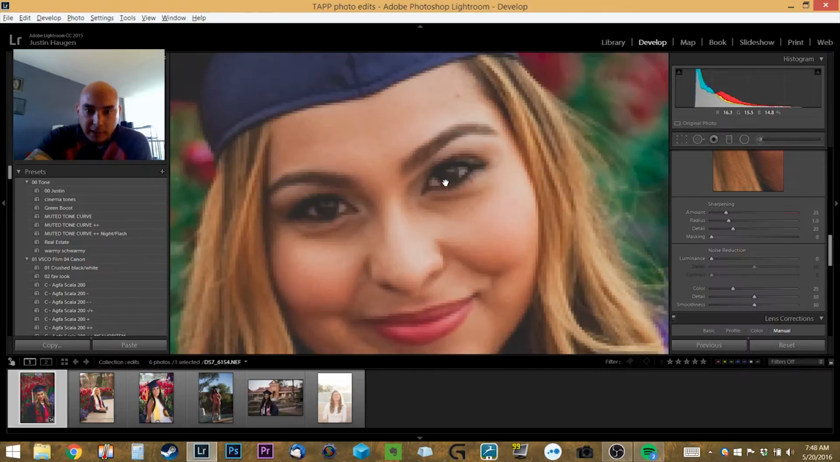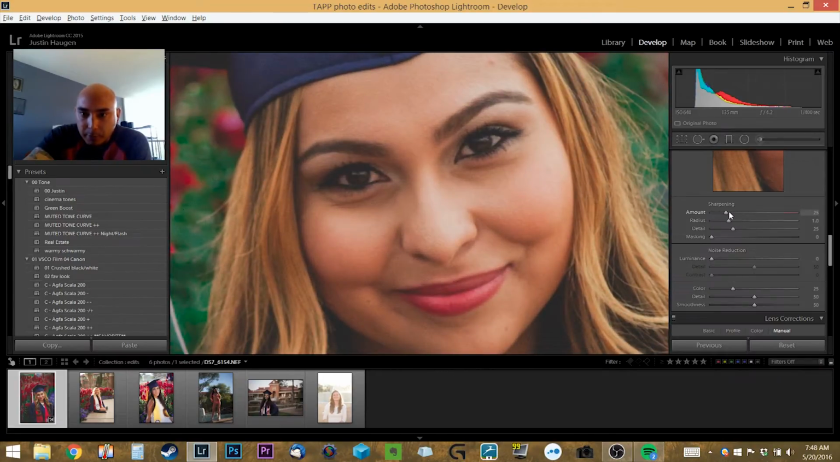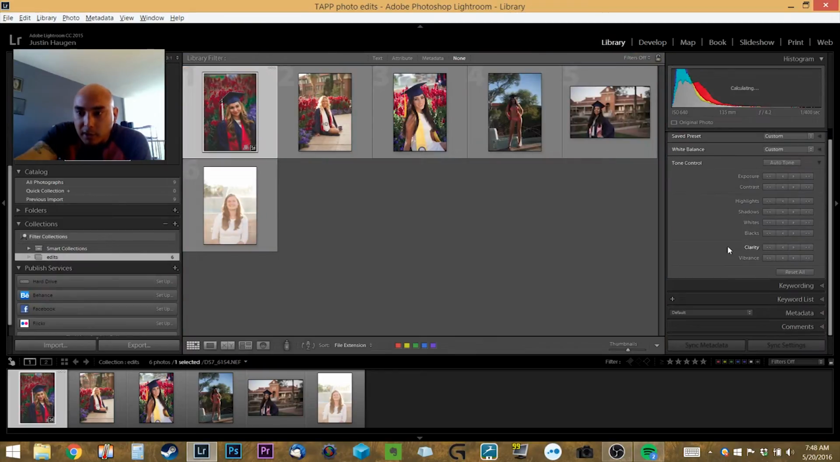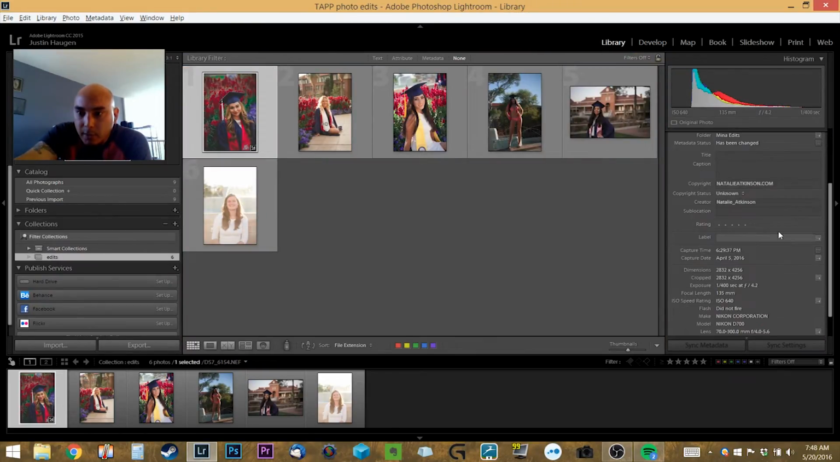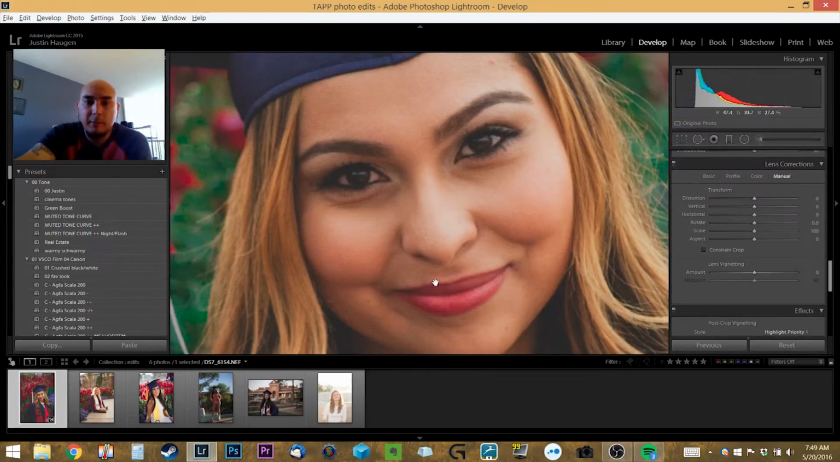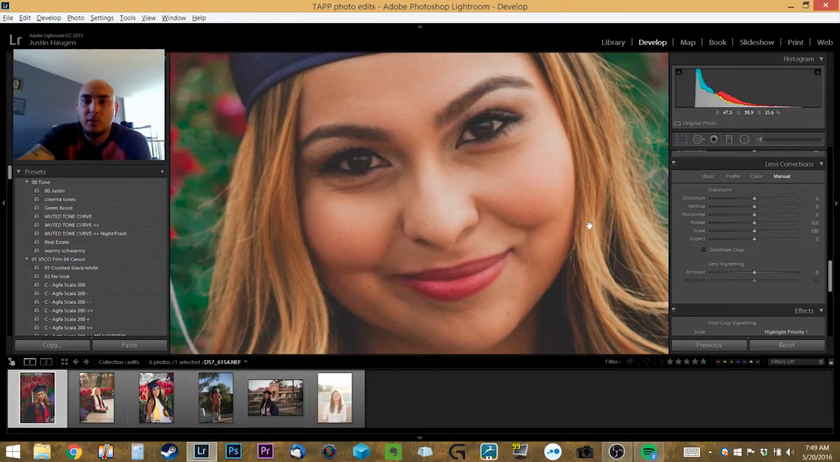Sharpening. I'm going to zoom in again so you can see the effects of the sharpening. I'm going to push the sharpening up a little bit. The baseline for the image was underexposed about one stop, at ISO 640, and I'm not sure what camera she's shooting with here. Let me check the metadata real quick. She was shooting with a Nikon D700, so